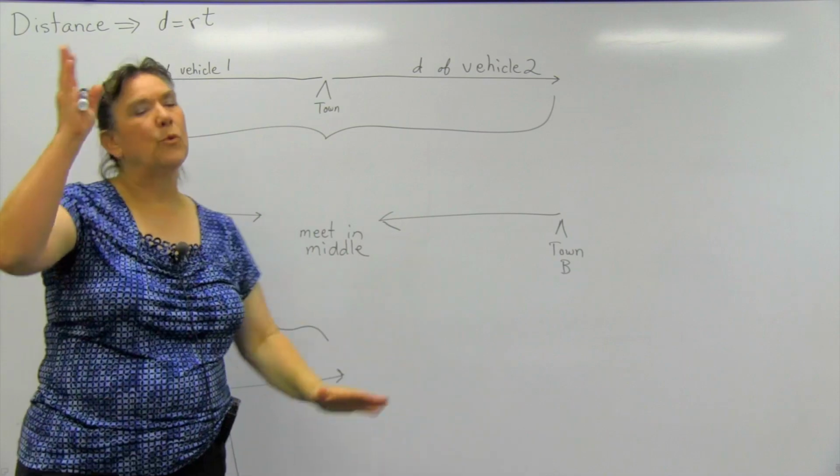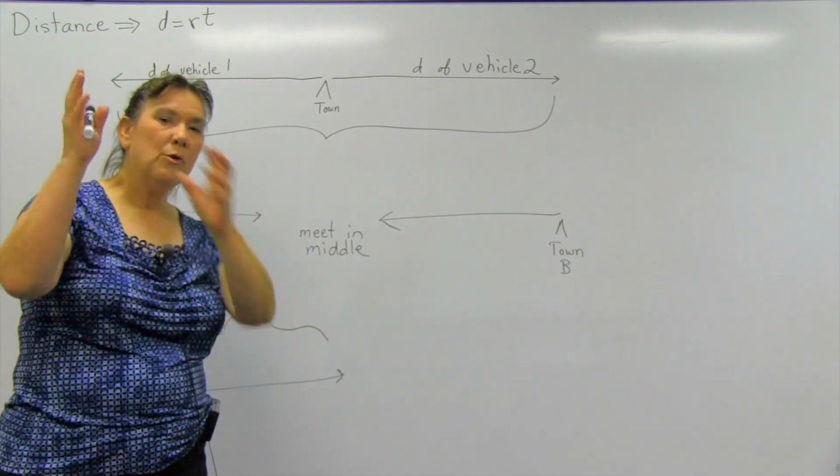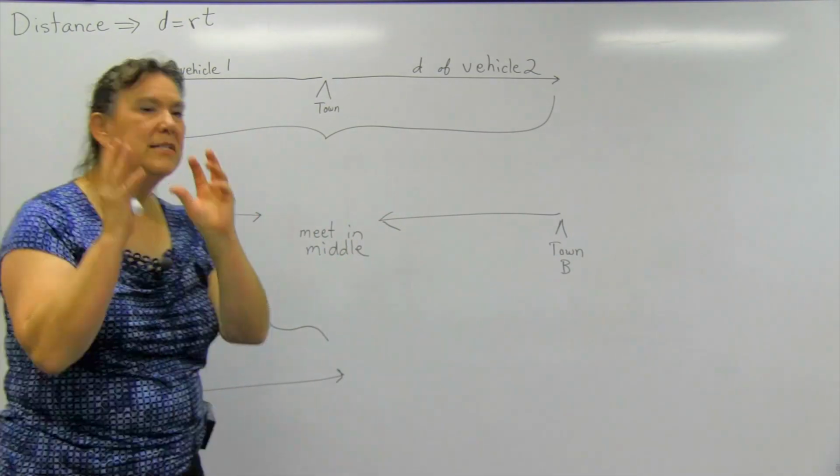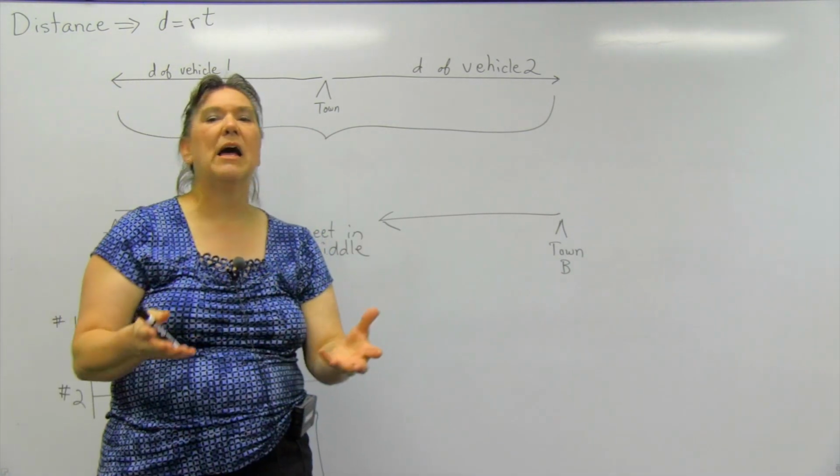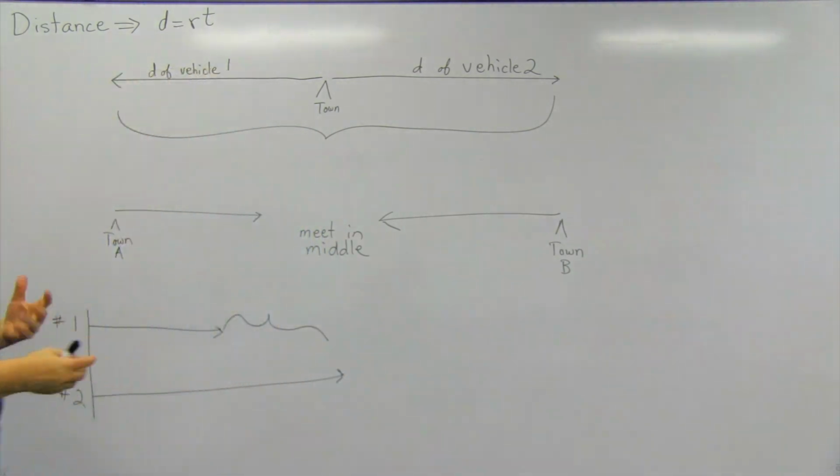Distance equals rate times time. Rate is how fast you're going. Time is how many hours have elapsed. So there we are. So now let's look at the 3 kinds of problems we're going to deal with here